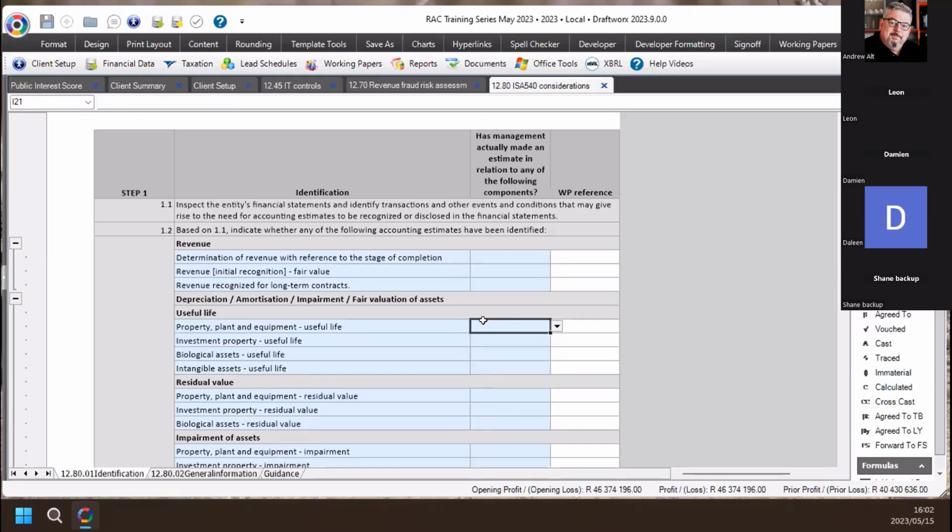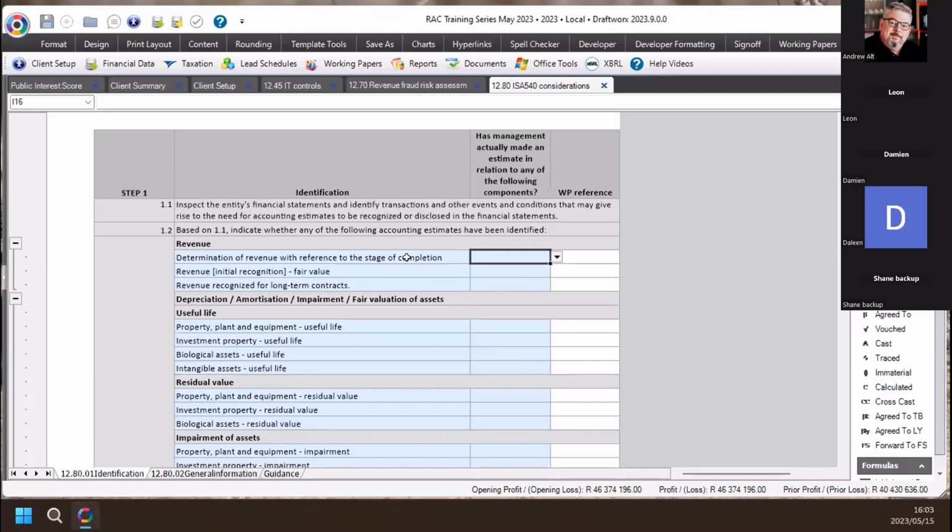So we don't want to go and create work where there is none. If management is not actively reviewing useful lives, checking, testing useful lives, then we're not dealing with a management estimate. We may want to raise a risk that management does not assess useful life, but that's not really an estimate risk. Estimate risks, we're looking for management bias. And so I'm not really worried if they're not doing something. I'm more worried here if they do, because what management can do is use estimates to inflate numbers for their purposes, like revenue